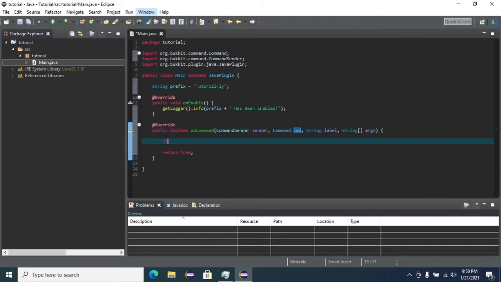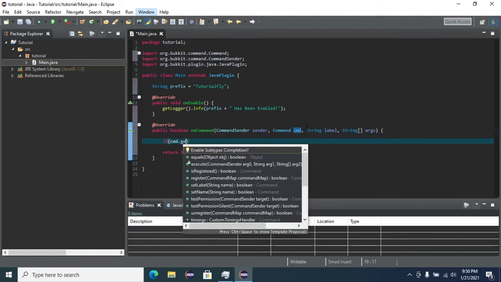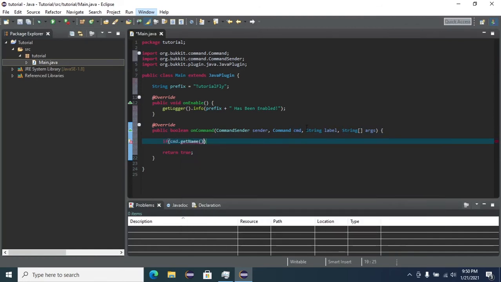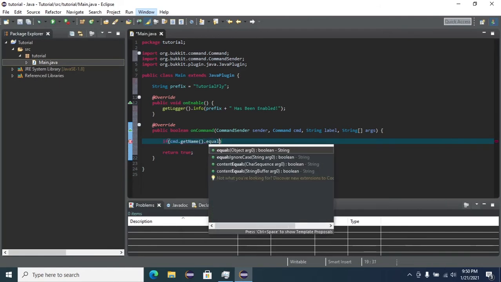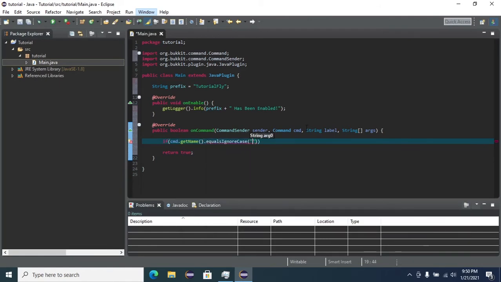Now we're going to do if cmd.getName().equalsIgnoreCase("fly"), then add a curly bracket. So it gets the command name, and if it equals ignore case fly, it'll do whatever's